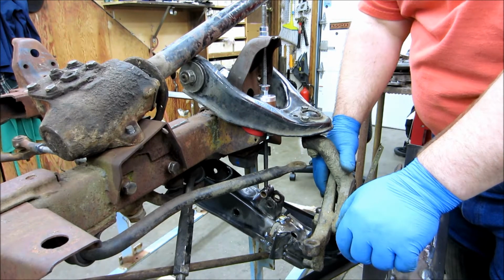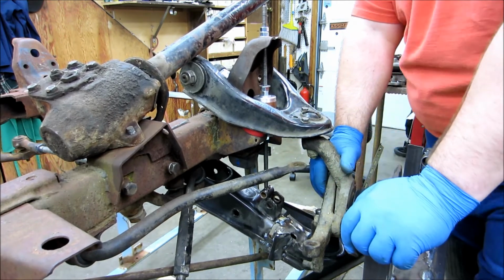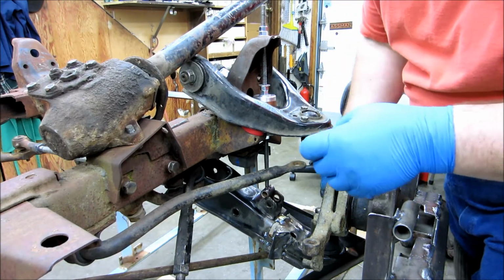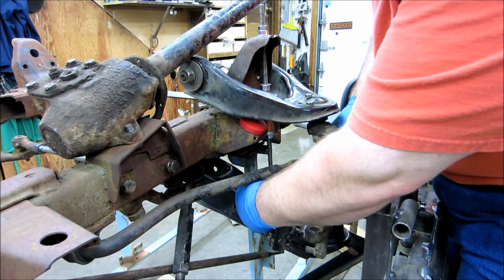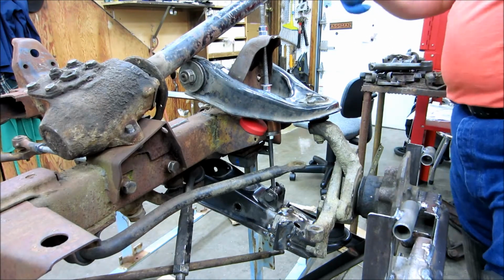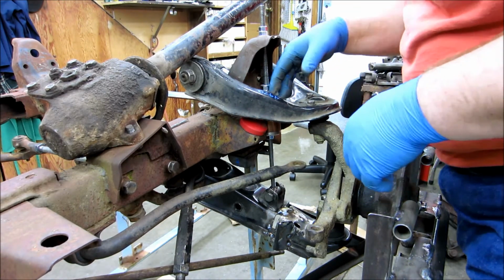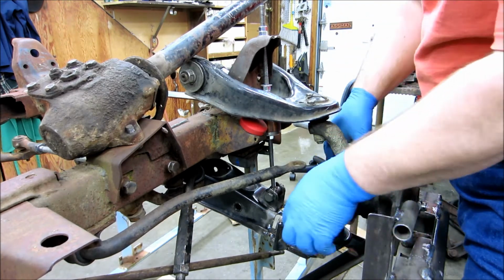And I'm not sure that the stock rubber ones wouldn't squish down so far that they wouldn't bottom out the shock. So let's raise it up just a bit and check the upper limit now. Okay, so now we're hanging on the shock. That's not what we want. Got plenty of clearance in here though at that angle, but so if we take it all the way up